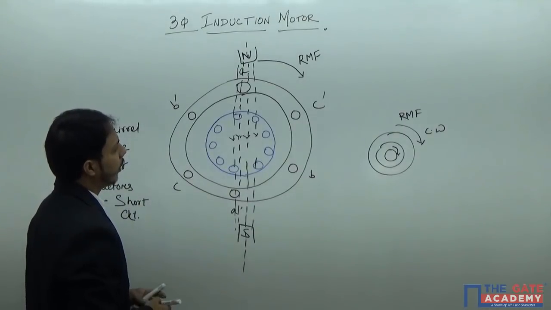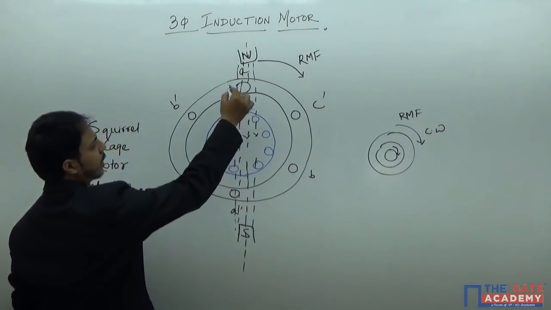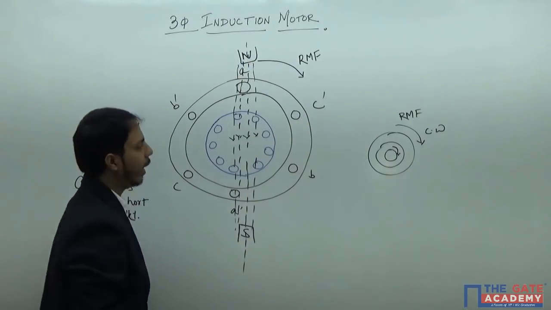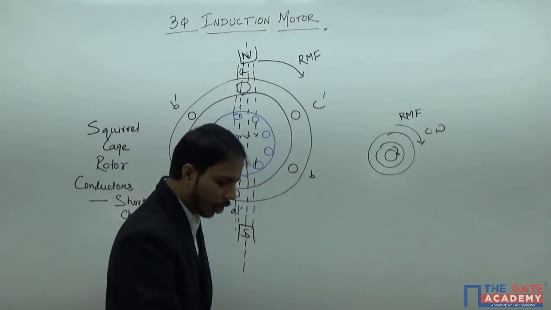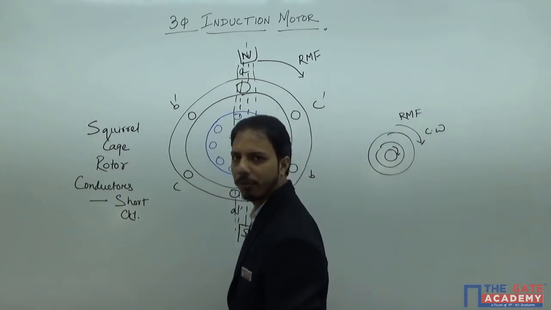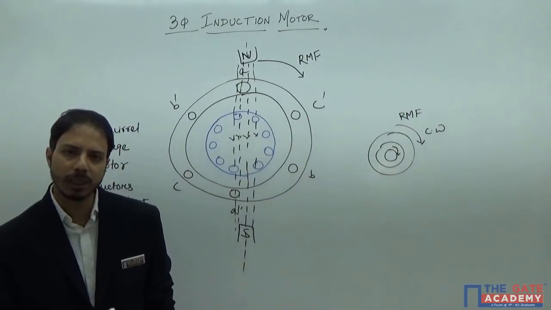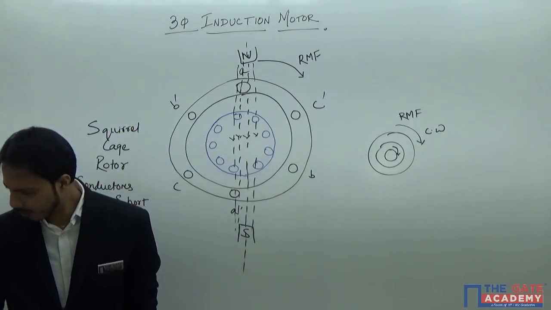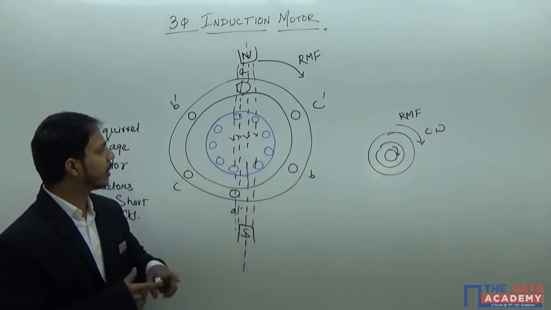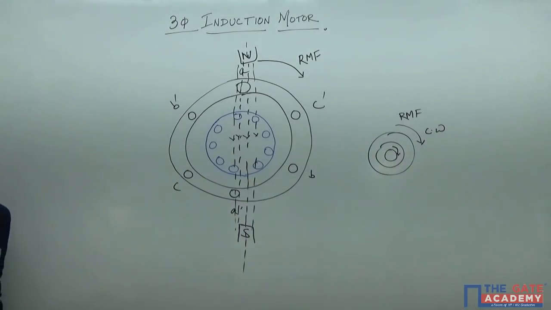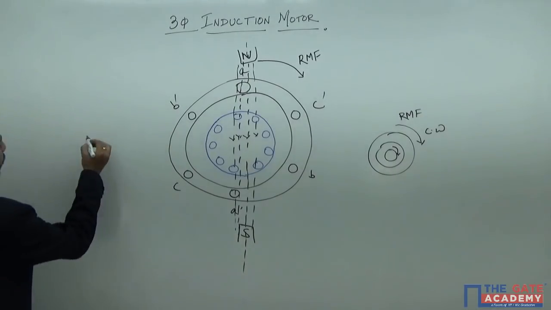You see, this is a field which is rotating clockwise, and conductors are present, so there will be flux cutting action. So if there is flux cutting action, EMF will be induced. Now I have explained this in my first lecture. Okay, so to explain this, let me give you one more example of how EMF is induced. For example, suppose